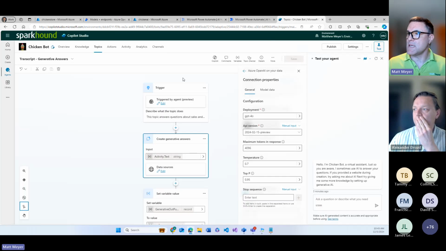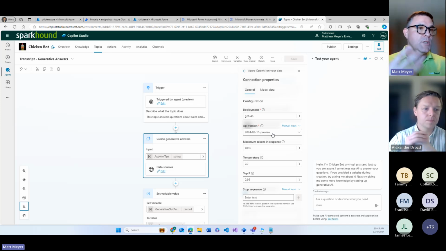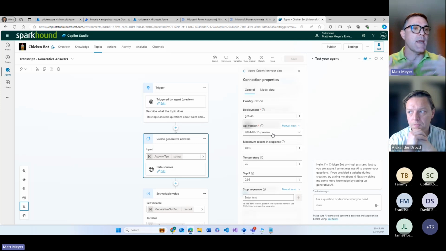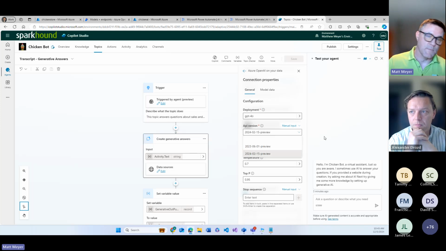All right, so I'm configuring that. I'm going there. And now I'm giving it the API version. The API version is the version that I want to use to both talk and respond. This has to be something that is compatible with Copilot Studio. Now this is really nice because I've got a drop list here and it'll tell me which ones it accepts. Okay, so I'm using the latest one here. I'm giving how many tokens I have in a response. So how large can my response be? This is based on how much I want to pay. All right, the more tokens